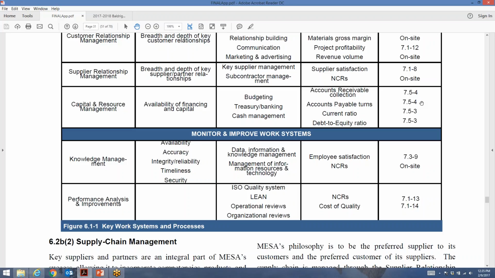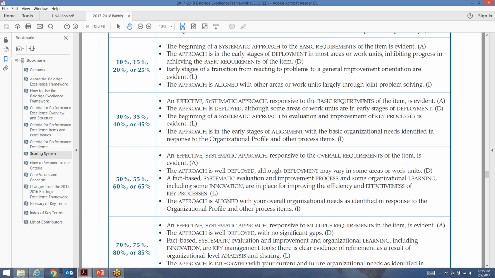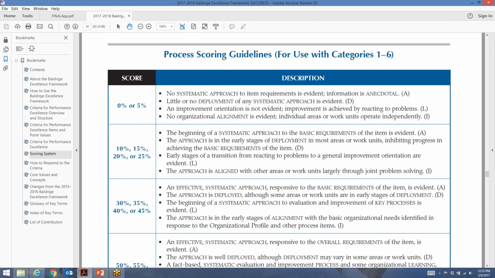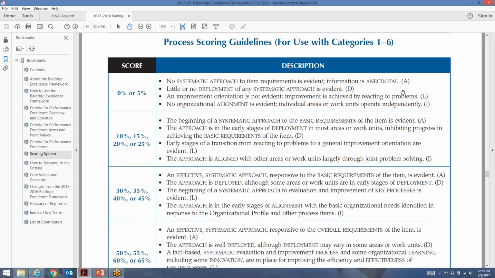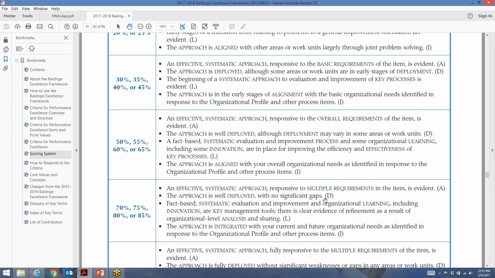Okay, so let's talk about answering the ADLI stuff. I said, let's begin with the end in mind, and we're looking at our scoring ranges back here in our Baldrige criteria, and there are process scoring lines. There's a separate set for results. I'm going to talk about results next week, but these are the process guidelines, and the elements are A, D, L, and I. So how am I going to answer those? Let's start with the A. And remember, I said, write down these words: basic, overall, and multiple.